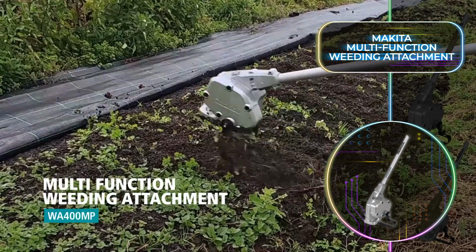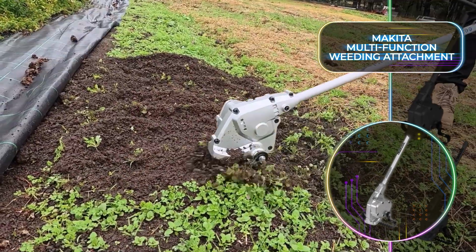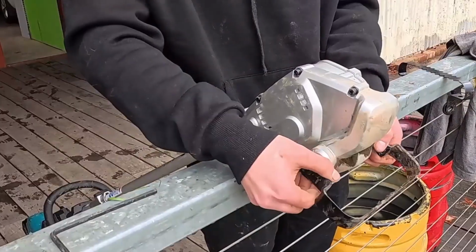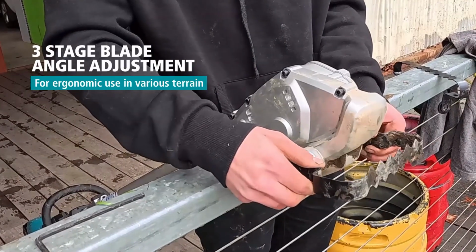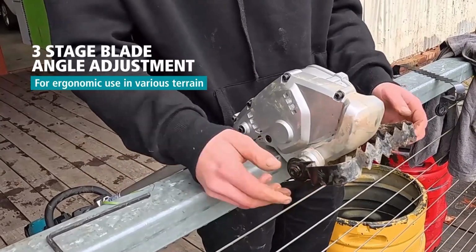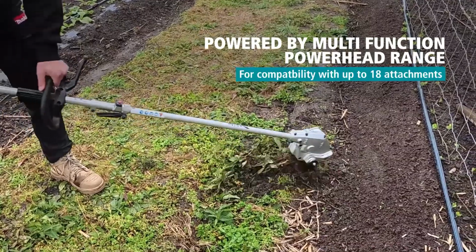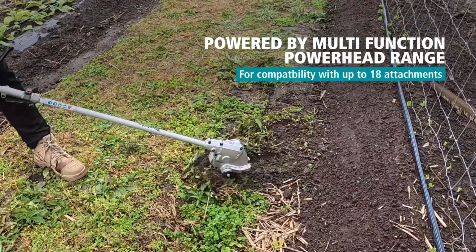Some of the key features of this attachment include the compatibility with UX01G, DUX60, and DUX18 powerheads, a 3-stage adjustable blade angle, and the versatile blade options. Moreover, this tool is known for its ergonomic design, ease of use, and complete compatibility with up to 18 different attachments. The interchangeable blade means you can work on basically any terrain, and there's a counterweight mechanism for added